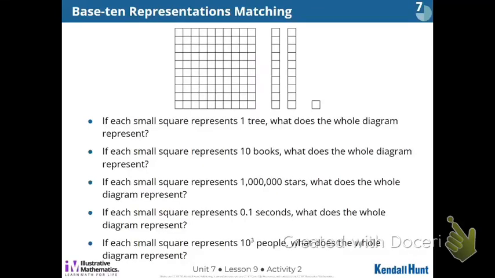So each small square is one tree. Each brick, larger block, I don't know what you want to call this. So each one of these would be how much? 10 trees. And then this big thing would be how many? And all these are, you guys noticing, all these are just times 10, times 10, times 10, right? So the whole diagram would represent